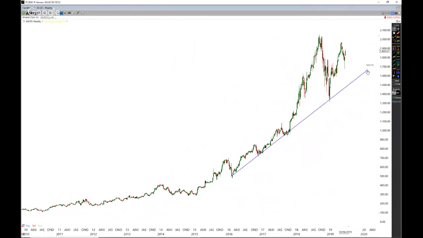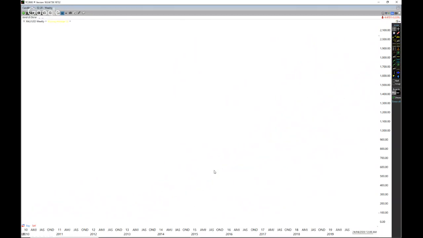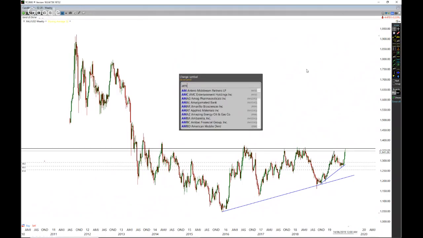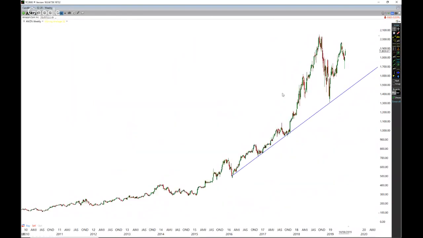And I'm going to then draw that up through there, and bam, look at that. So we know that's relevant to the market. So whenever I'm drawing my trend lines, I'm not looking to draw it where I want to draw it. I'm looking to draw it where is the most touches? So what happened there? Amazon disappeared on me. Come back, Amazon.